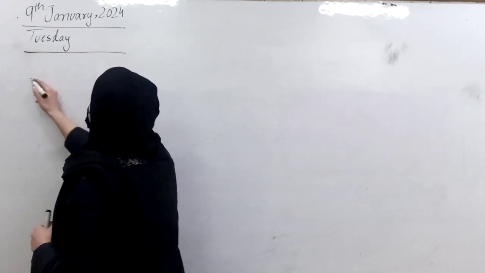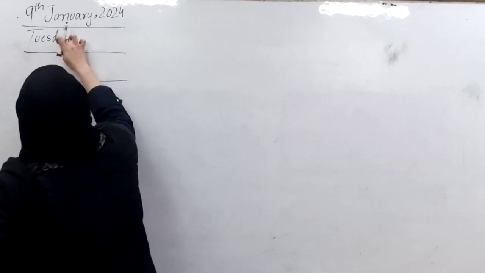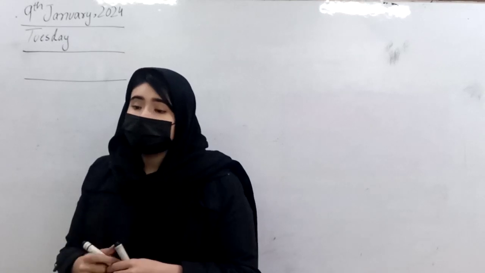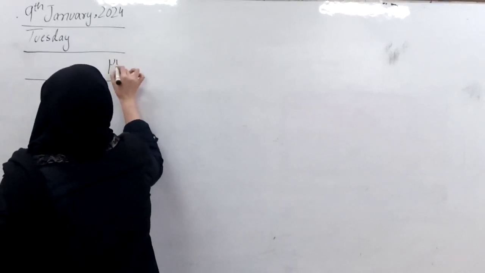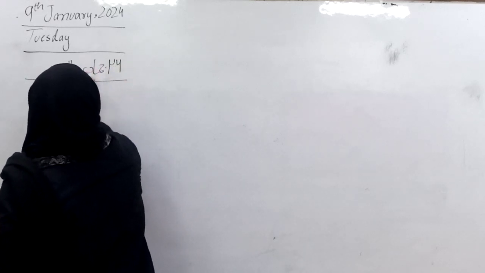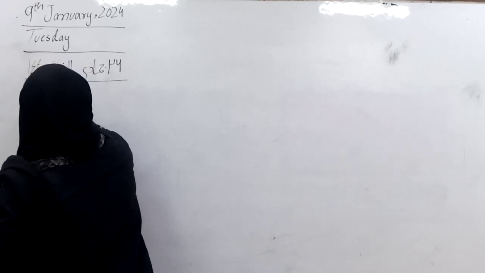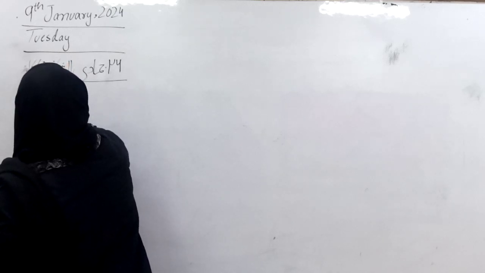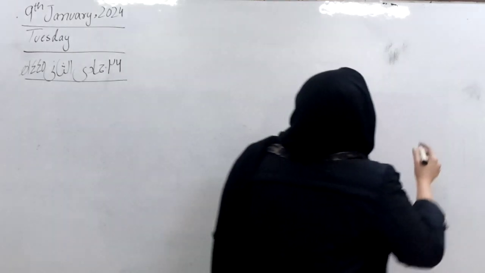According to the Islamic calendar, what is the date today? Yes, very good. 26 Jumada Sani 1445 Hijri. And if you do